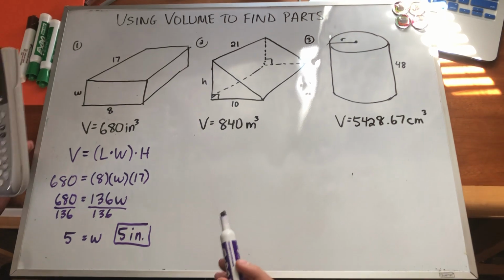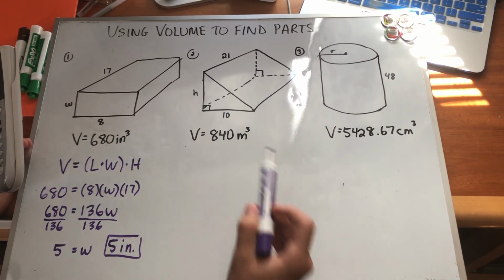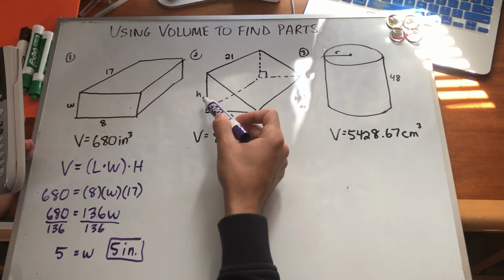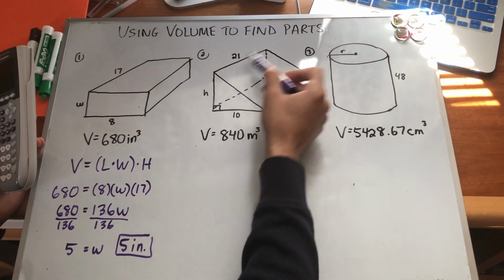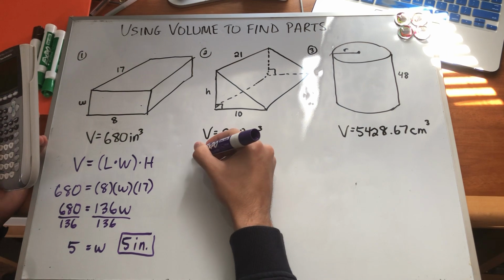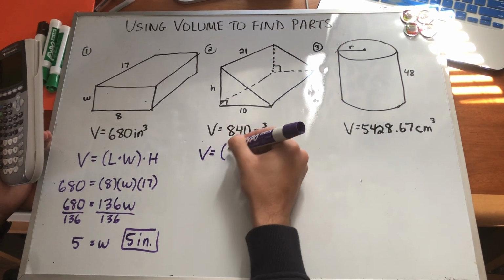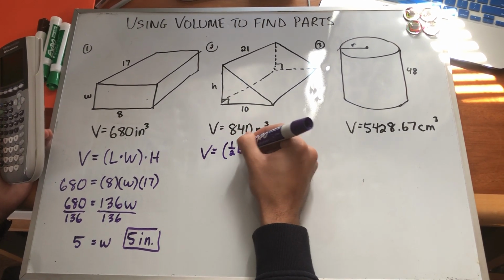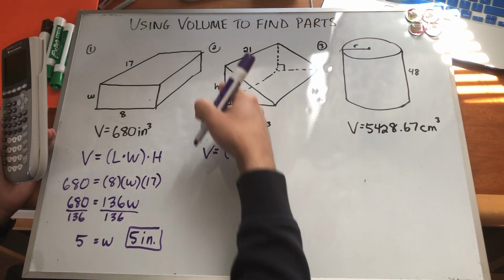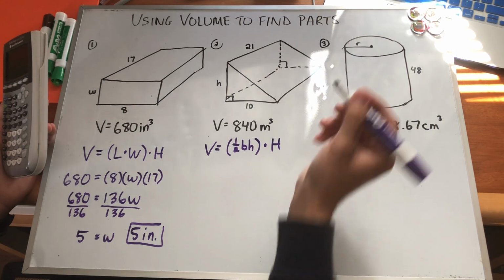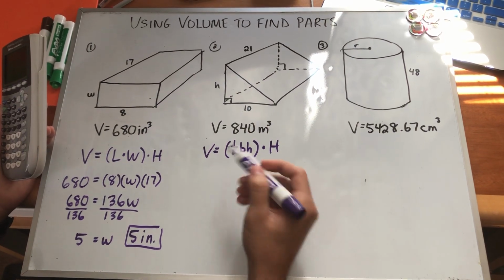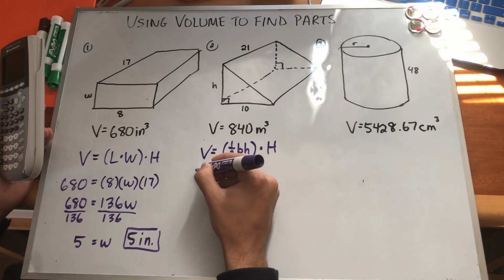Number two, we're doing a triangular prism, and they give you the volume again, and this time they're looking for the height of the triangle, not the height of the prism. The height of the prism is 21. So again, the volume formula for a triangular prism was 1/2 base times height. This is the base and height of the triangle times the height of the prism, which is 21. All right, again, plug in what you know. So the volume is 840,